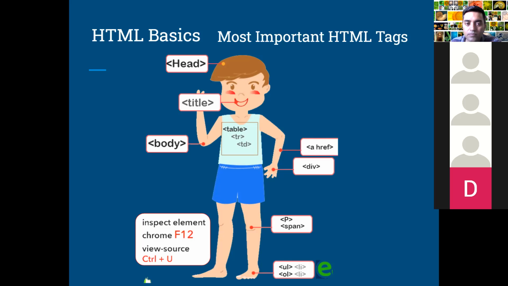At first is the HTML tag, and after that we can use the head tag, title tag, body tag, and in the body portion we can use tr, td, th for tables, a for hyperlinks for pages. Some kind of div tag and ul, ol, so many kinds of tags we can use. Great, great going, Shubhajit.